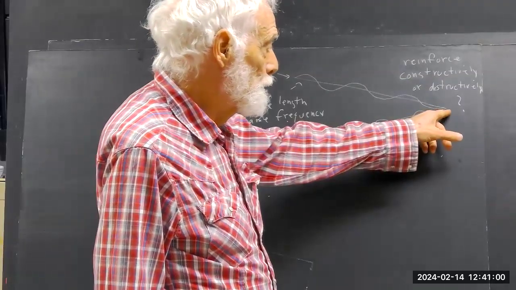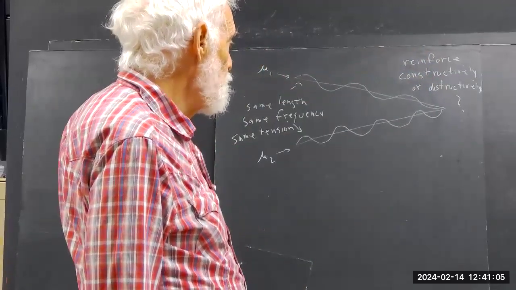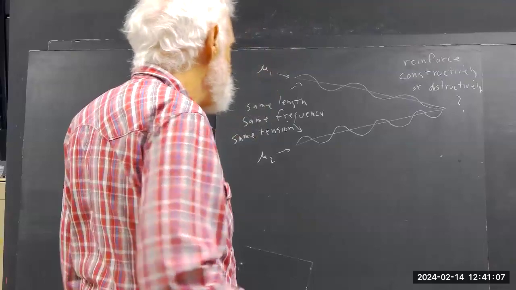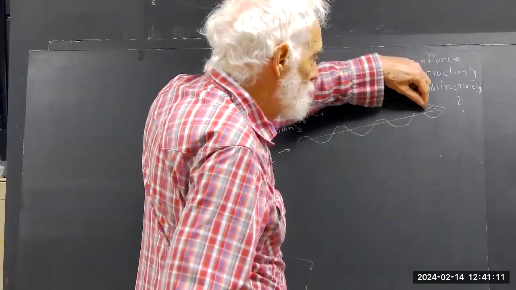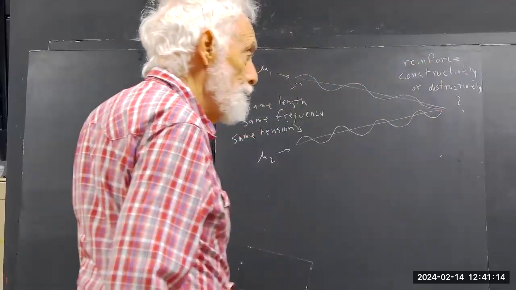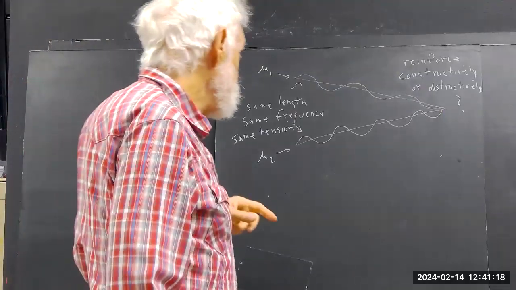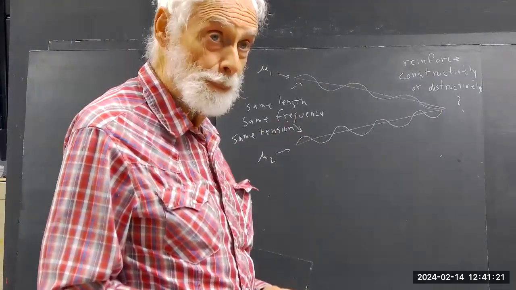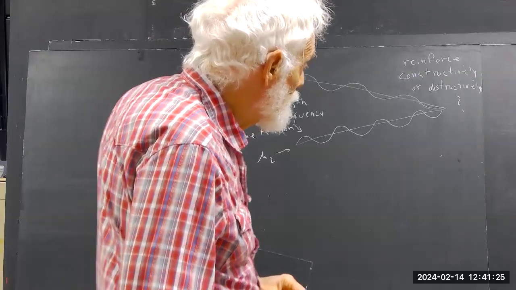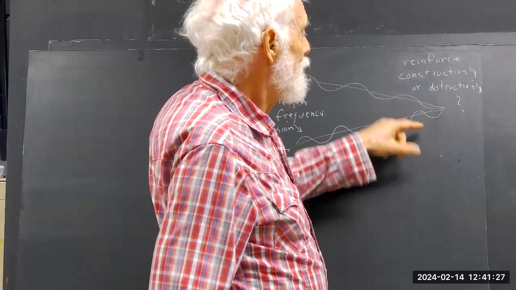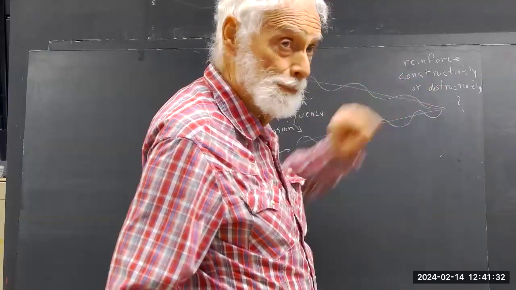So the point is, what are we going to feel here? Is it going to be constructive or destructive interference? Well, since the waves match up, this wave is down and this wave is down. And since their frequencies match, it seems that the next peaks, this peak will come in at the same time as this peak.